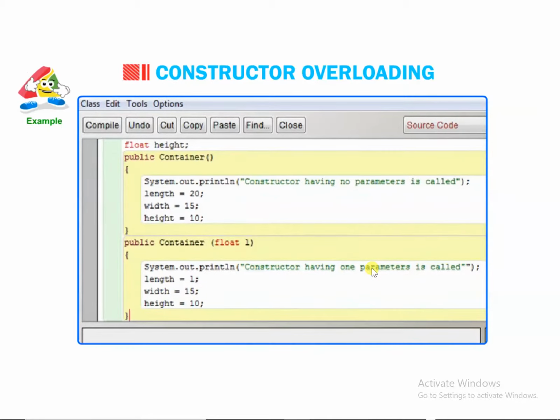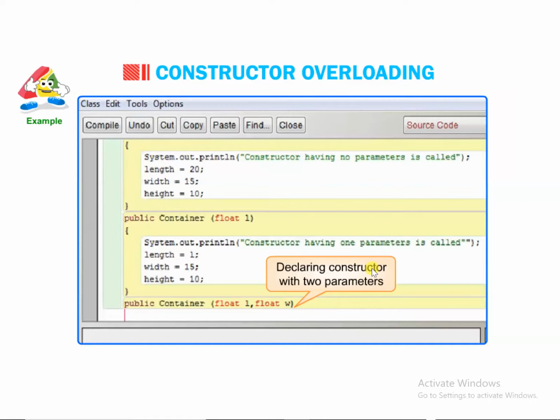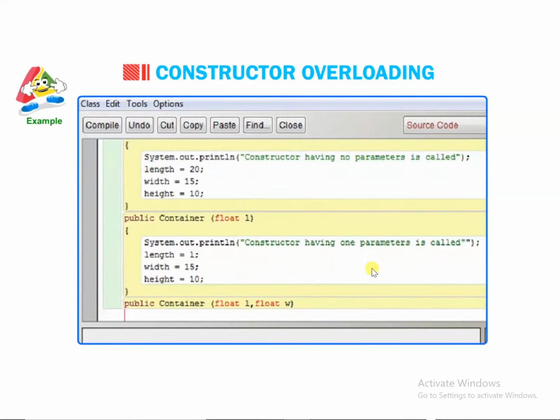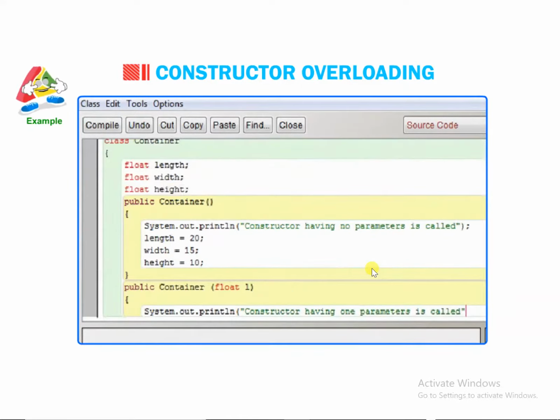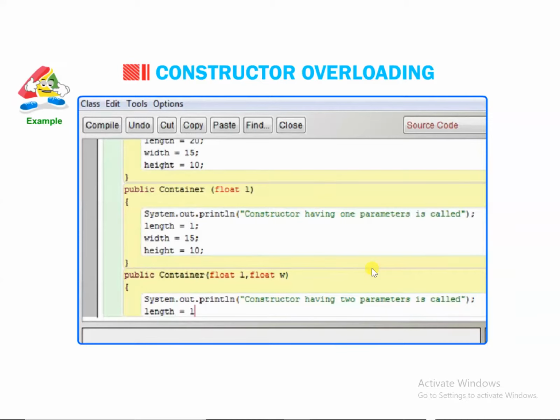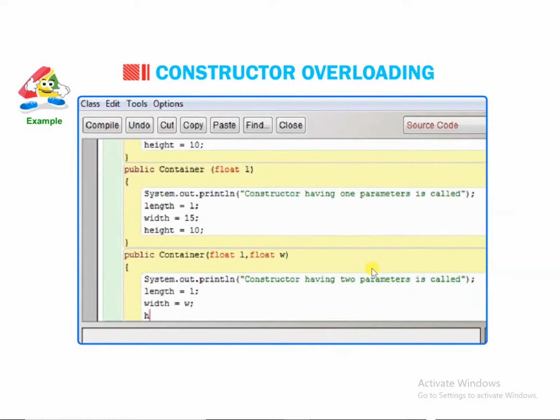} public Container(float length, float width) { // declaring constructors with 2 parameters System.out.println("Constructor having 2 parameters is called"); length = L; width = W; height = 10;